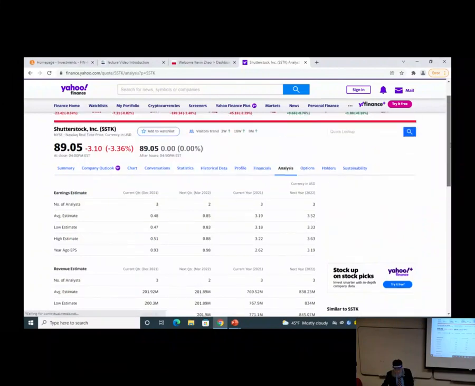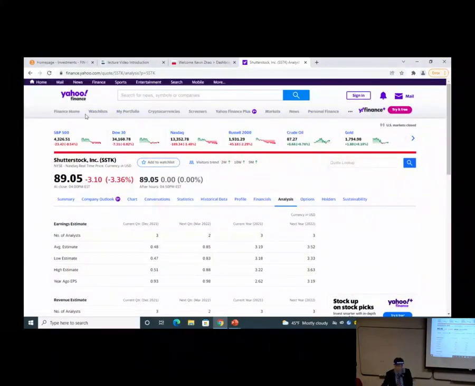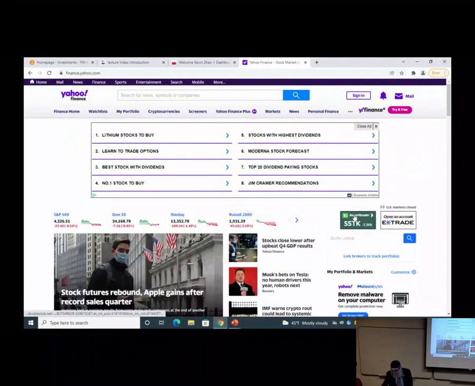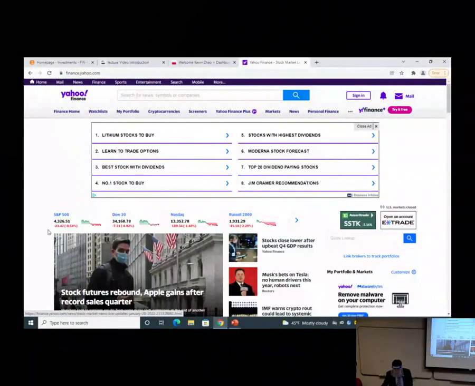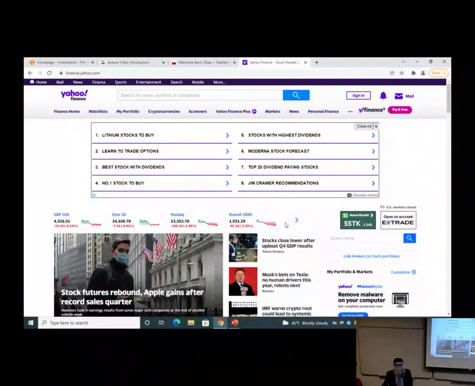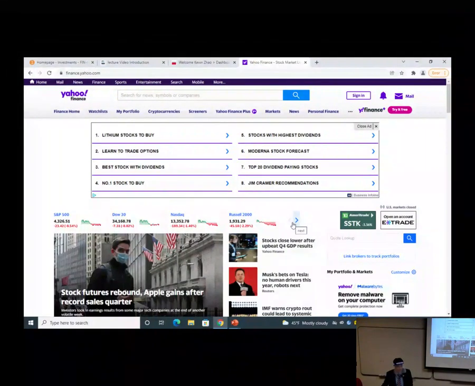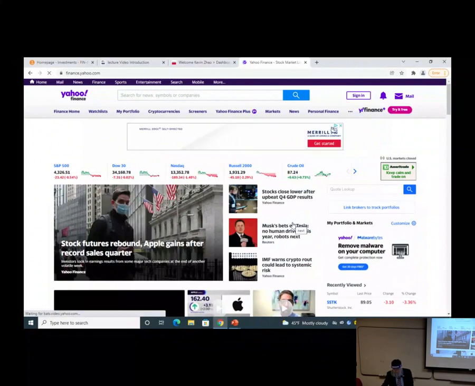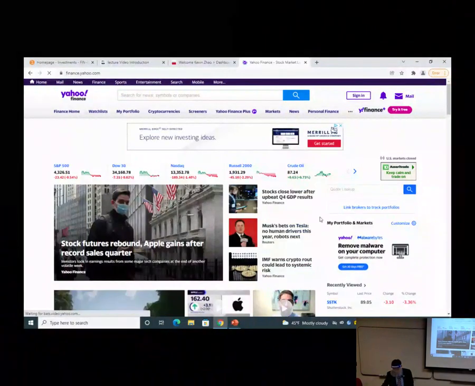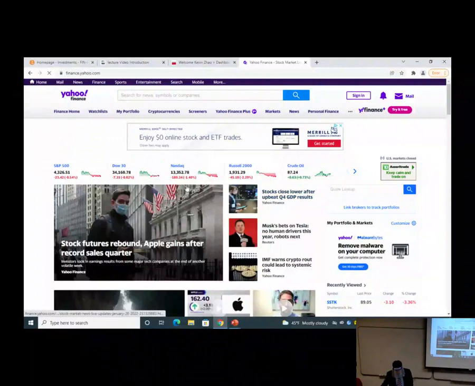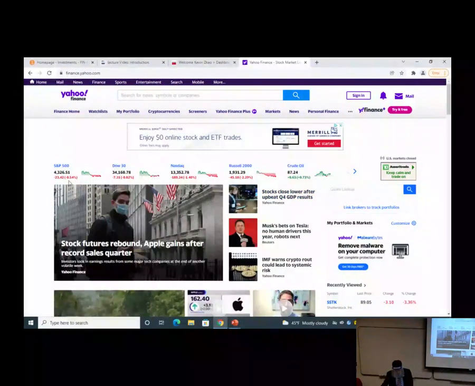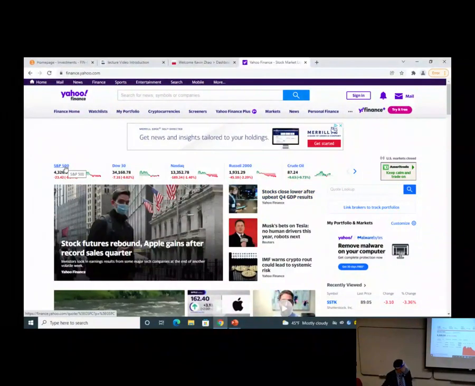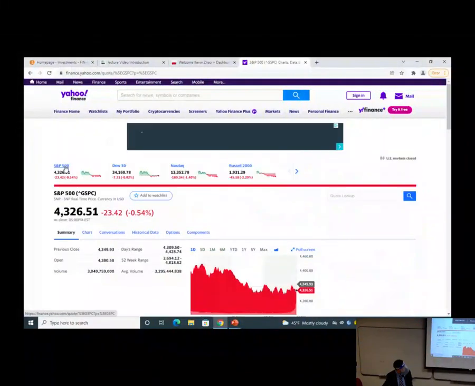Another thing I want you to keep an eye on is the general market condition. If you go to the Yahoo Finance first page, you will see a lot of news, stock indexes as well, and some key financial indicators such as the 10-year T-note rate. Even the gold price, oil price, indexes, and so on. And right now, the index doesn't look great. S&P 500, that's the market